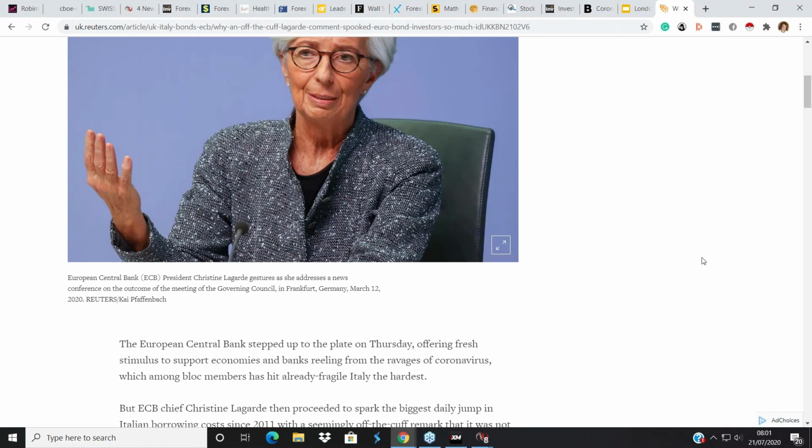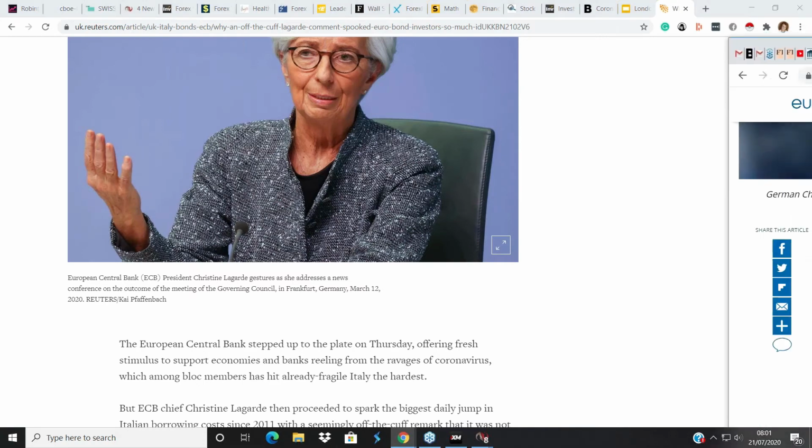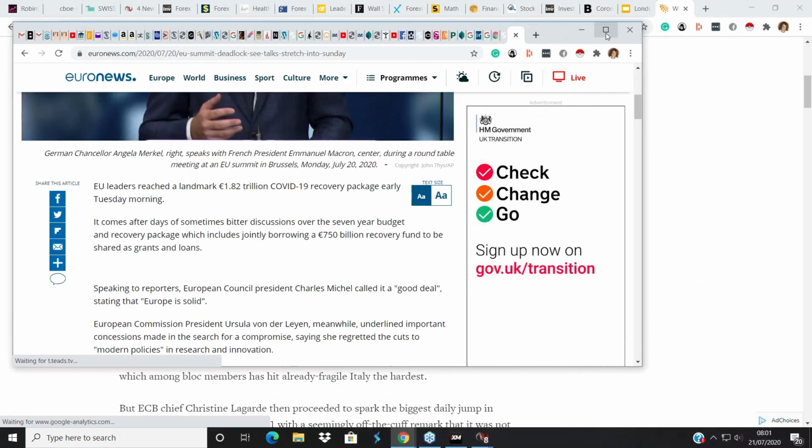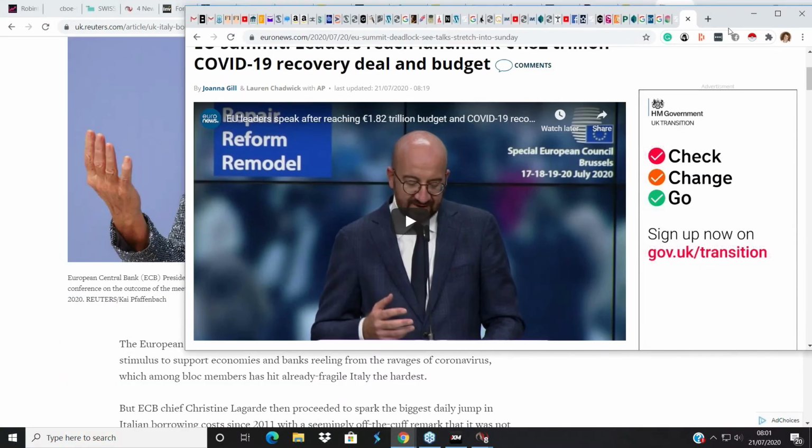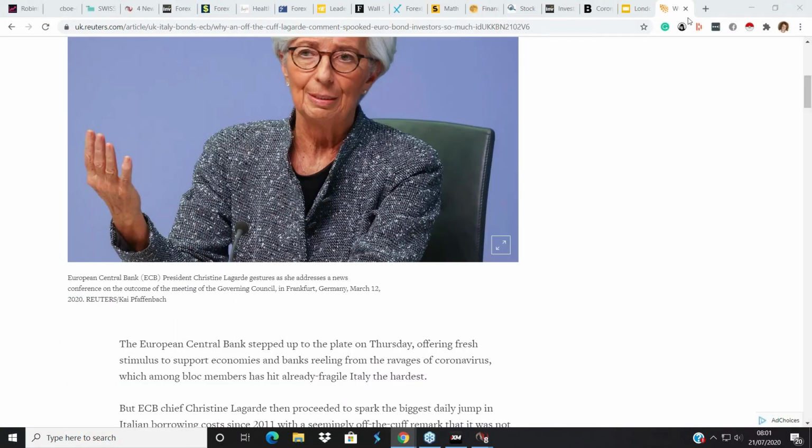The German Bund is like the gold standard, if you like. It's like a treasury, which is why yields are negative at the moment. So all the headlines that you read about the euro at the moment, you think, oh, they reached a landmark deal, oh, it's absolutely wonderful, etc. That's all window dressing. What you have to watch is what the bond market is saying. And also the other place to consider is the futures market, the CFTC. The euro longs have actually crept up this week.